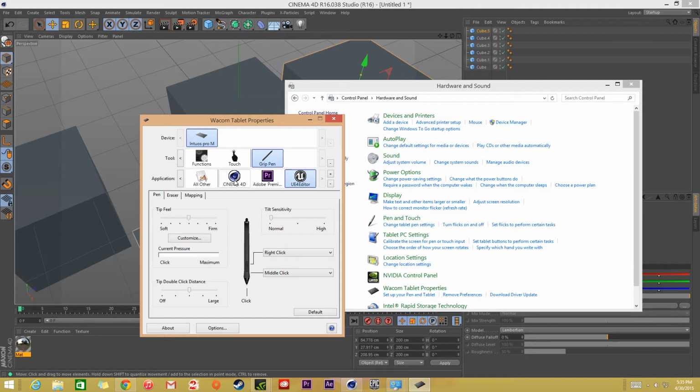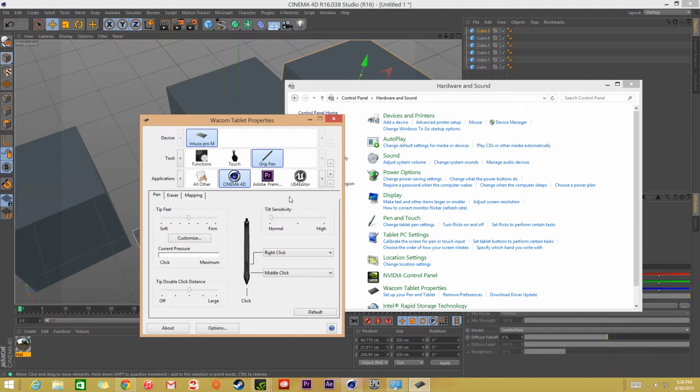So that means when you open Cinema 4D, it's going to remember that application and remember your hotkey customization and all that per application. So it's extremely powerful, and you can customize this for each application. Go from Photoshop back to Cinema 4D, and each key you push is going to do different things for that specific application. So with that said, we're going to click on Cinema 4D first to make sure we're working in there, then